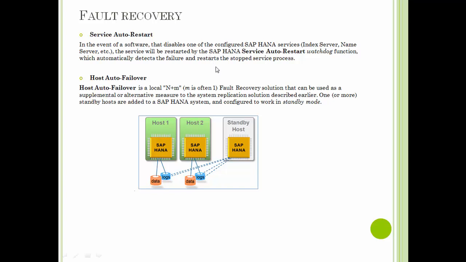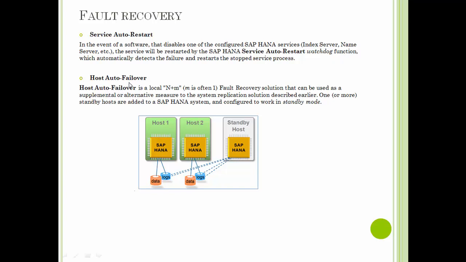So in case any service goes down in the SAP HANA system due to any fault, then this service auto restart watchdog will continuously monitor and will restart the stopped service process so that we can resume the operation without any faults in